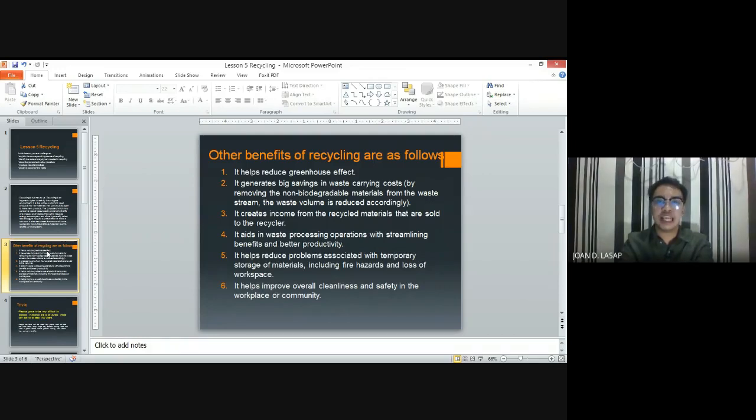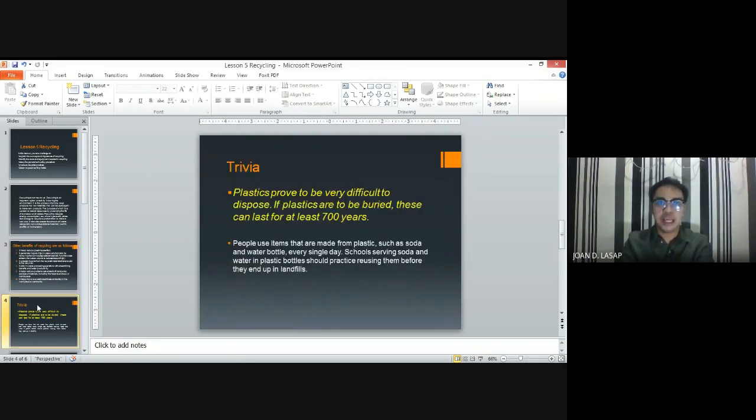So those are the benefits, class, of recycling. And we have here a trivia. Plastics prove to be very difficult to dispose. If plastics are buried, this can last for at least 700 years. So just to imagine, pag yung plastic daw, ang hirap talaga siyang i-dispose. And then once na nailibing na yung isang plastic, it takes 700 years bago po siyang